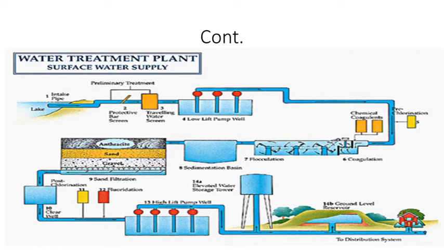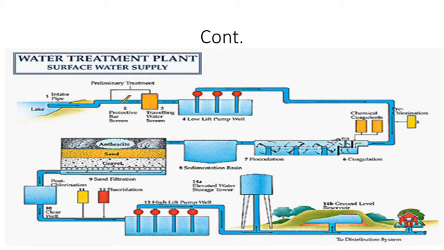If you are considering the efficiency of the filter in removal of bacteria, the slow sand filter removes 98 to 99% of bacteria. So the slow sand filter is very effective in removal of bacteria. The rapid sand filter is not that efficient in removal of bacteria, and it removes 80 to 90% of bacteria. So the slow sand filter removes 99% of bacteria, and the rapid sand filter removes 80 to 90%.